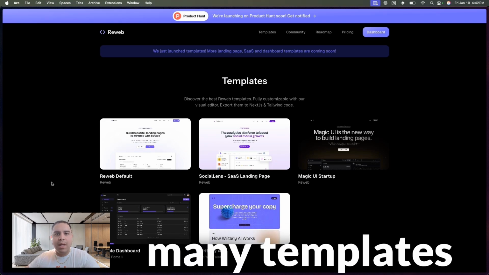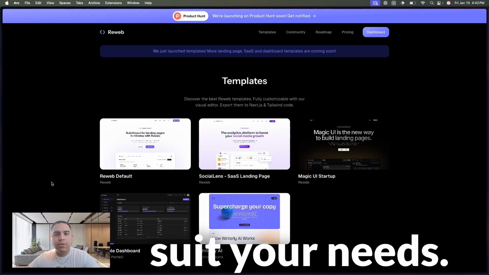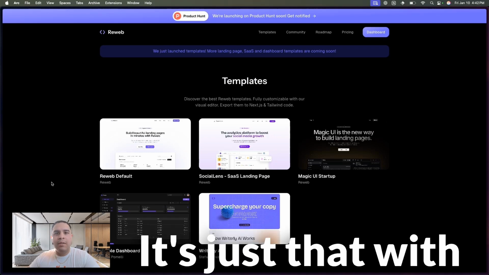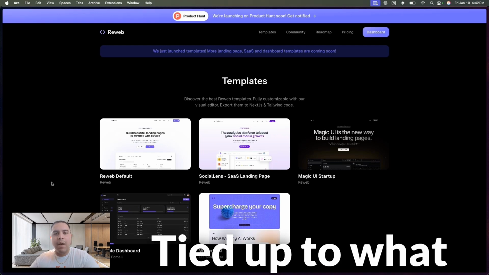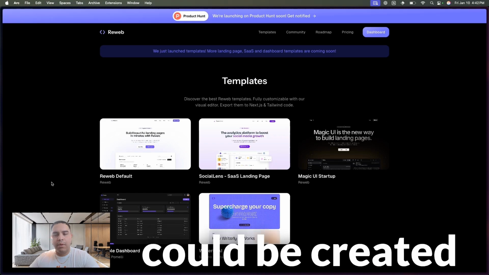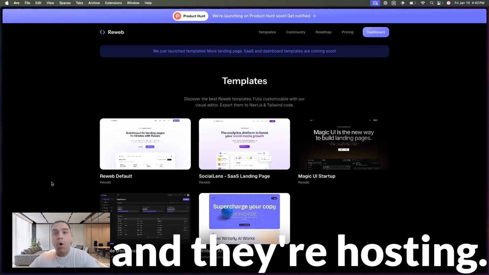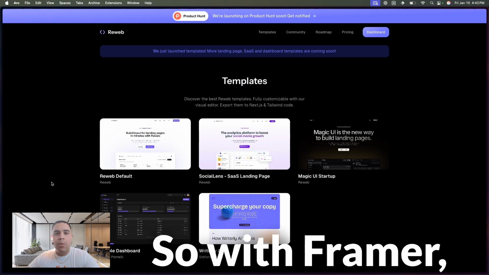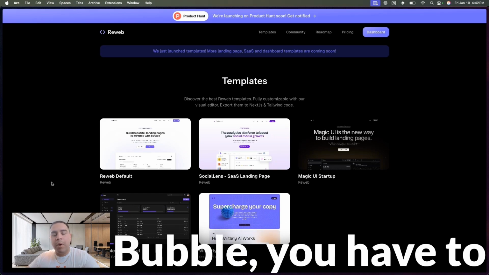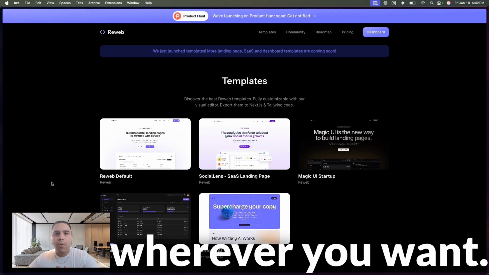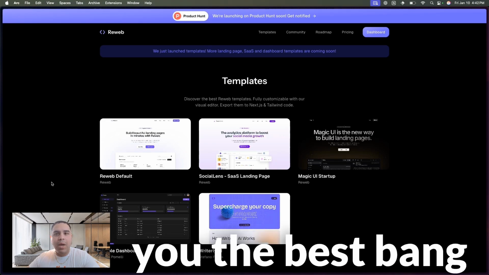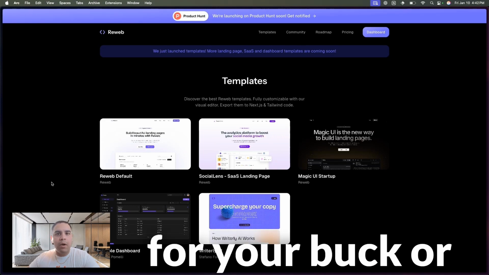where there are many templates and you just pick the one that better suits your needs. It's just that with ReWeb, you are not tied to what could be created in their hosting. So with Framer, you have to host it with Framer. With Bubble, you have to host it with Bubble. With ReWeb, you can host it wherever you want, whatever gives you the best bang for your buck or the